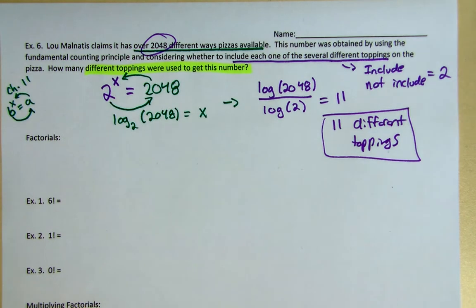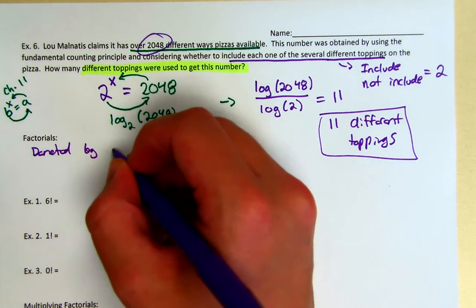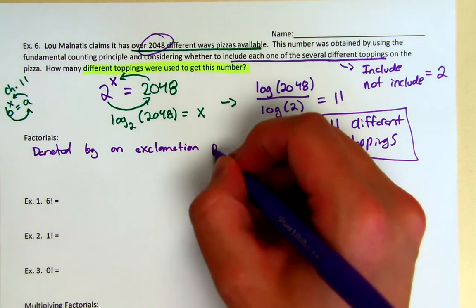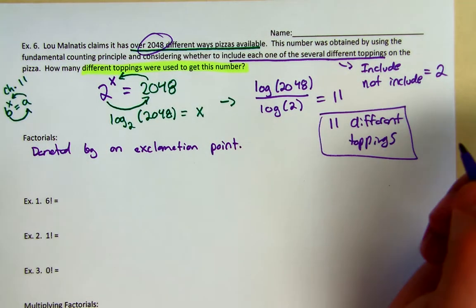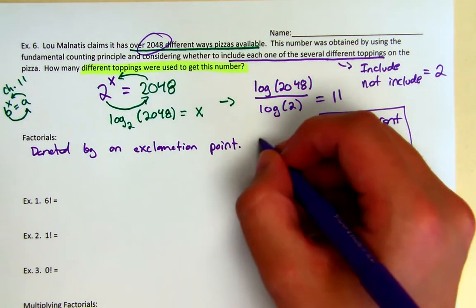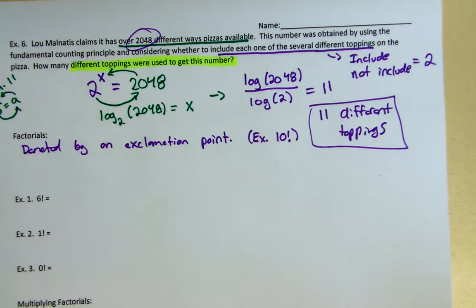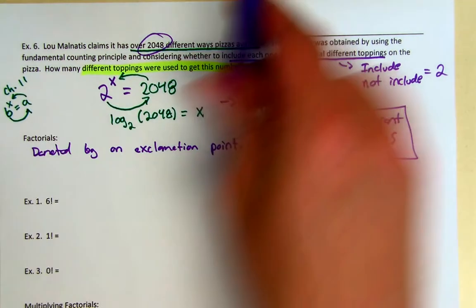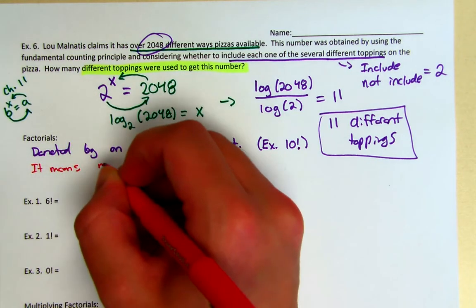Alright, let's talk about something called a factorial. A factorial is denoted by an exclamation point and it comes after a number. So an example is 10 exclamation point. And no, it is not just excited math, although I like to think of it that way. So what does it mean? It means multiply